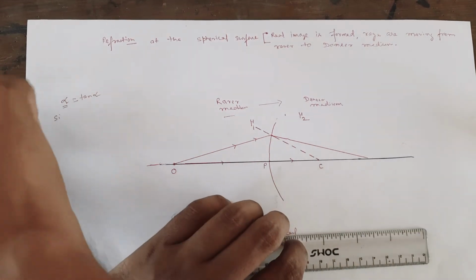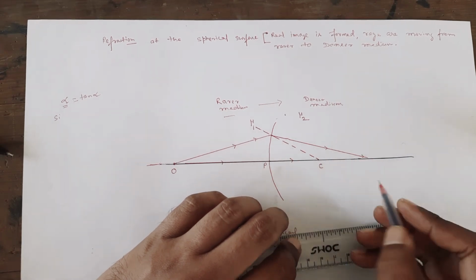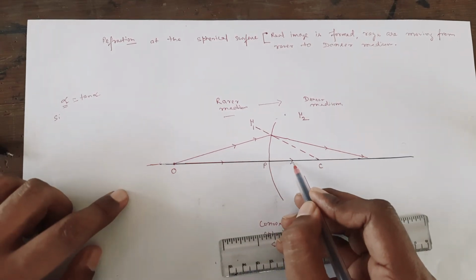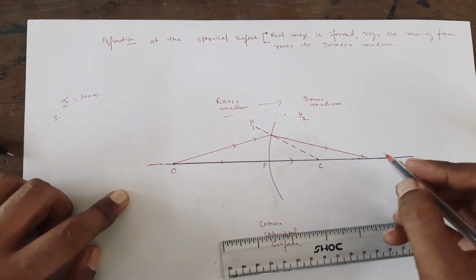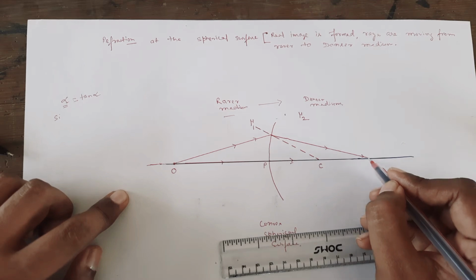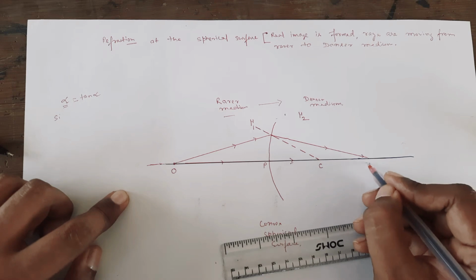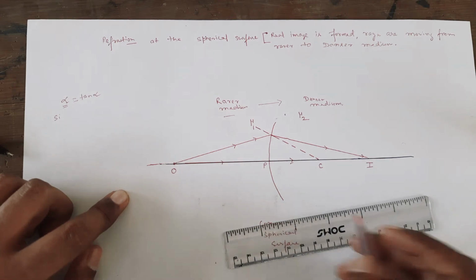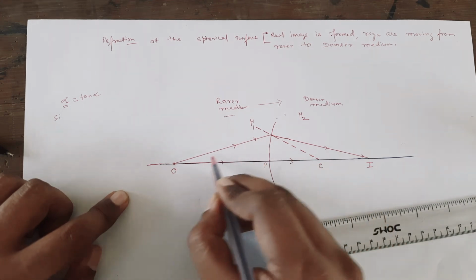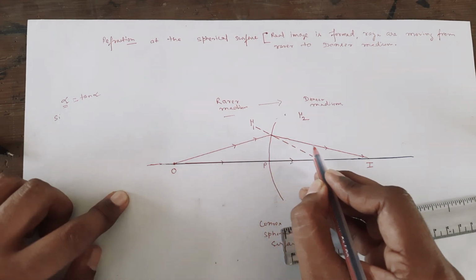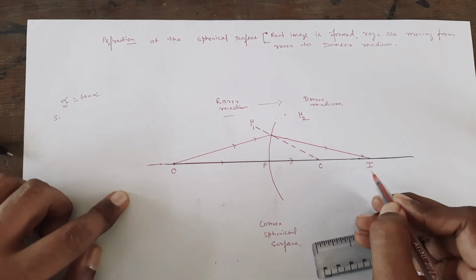So if it is cutting at any one point, there this refracted light ray and this one refracted light ray, they are meeting really, okay, they are meeting actually. So this will be the image position. Here the image will be formed of the object O. So let us suppose this point is I, because one ray is going in this direction and one ray is going towards this direction, and after refraction it goes to this one, and both the rays meet at this point I. So I is the position for the image.